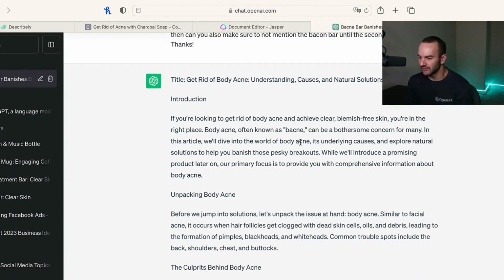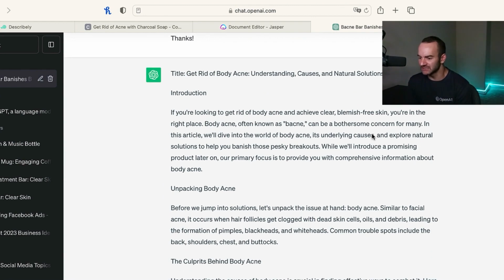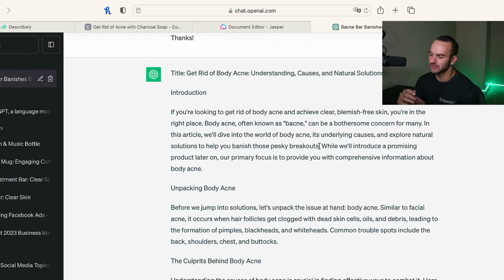If you're looking to get rid of body acne and achieve clear, blemish-free skin, you're in the right place. Body acne, often known as Bacne, can be a bothersome concern for many. In this article, we'll dive into the world of body acne, its underlying causes, and explore natural solutions to help you banish those pesky breakouts. Introduce a promising product later on. Our primary focus is to provide you with comprehensive...